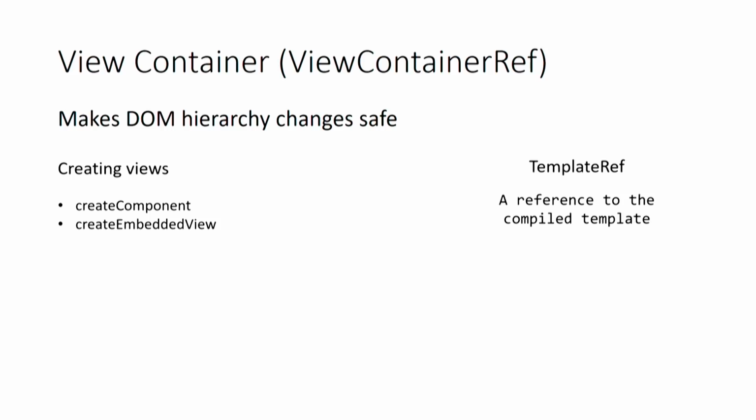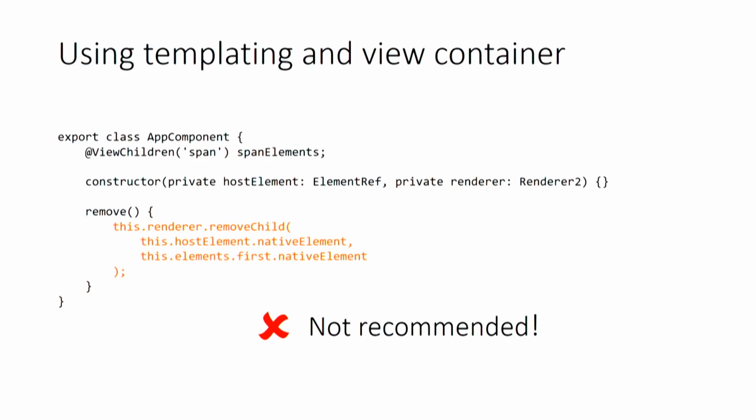Okay, so these are the main pieces of the templating technique: view containers and templates. View containers also implement methods that we can use to manipulate the views. We can create the view and then insert it into the view container. We can remove it from the view container, or, a very interesting case, move a view between view containers. So let's refactor our original example where we used the renderer to remove the span element and instead use the templating